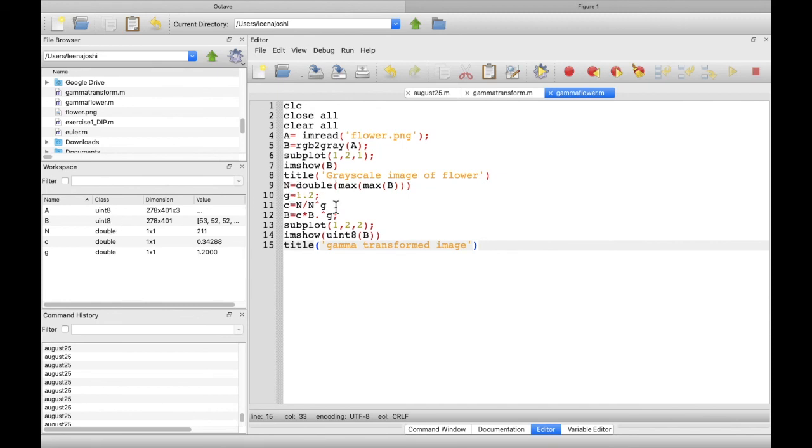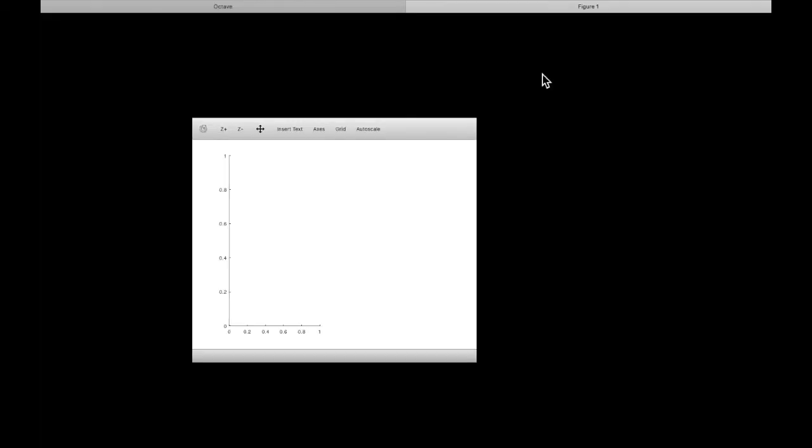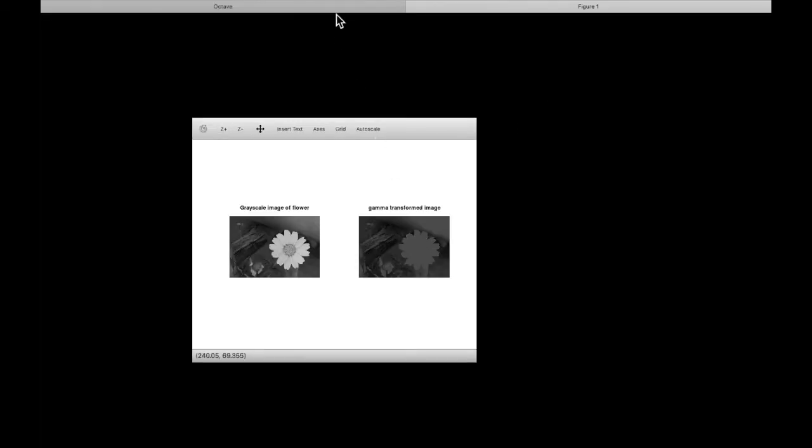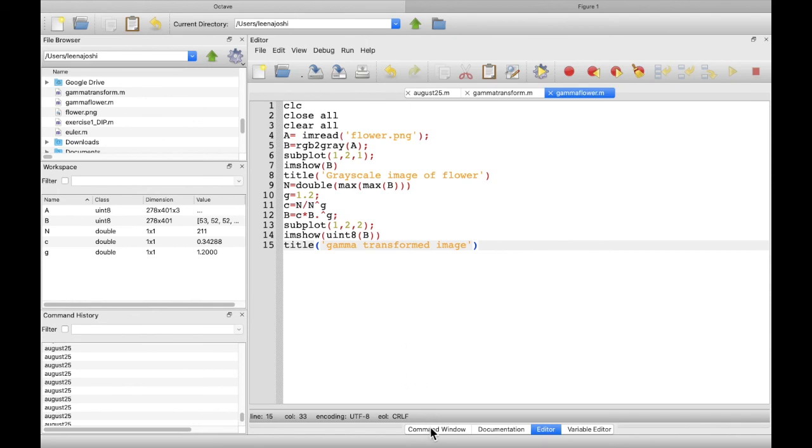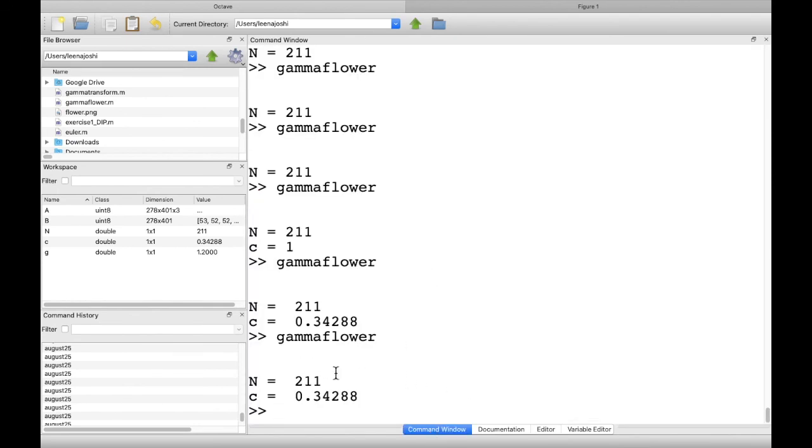Now when I run this, because g is 1.2, it is supposed to make the image darker. You can see the image has become darker, and in our command window we will also see the value of C. So n is 211 and C is 0.342.